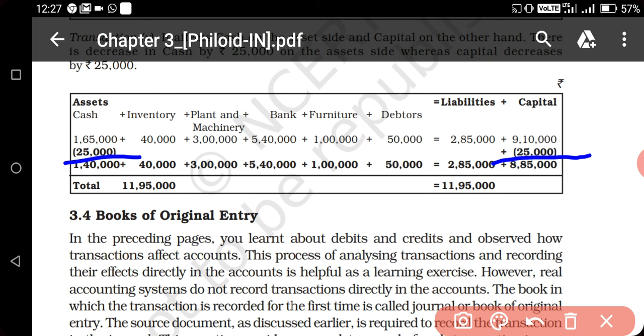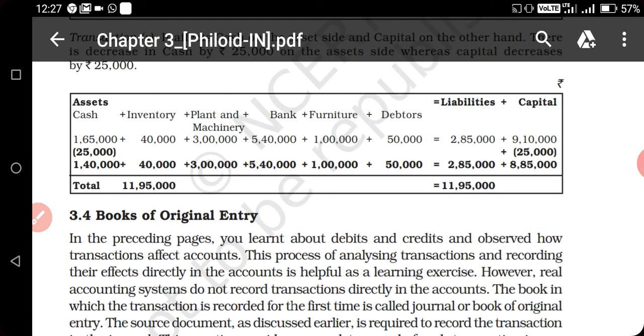So on the asset side you will reduce cash, from the capital side you will reduce 25,000. Now again, after this transaction our total should be the same, 11,95,000. So today in this session you have completed the uses of debit and credit, and how to make the